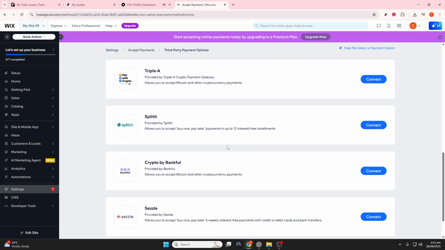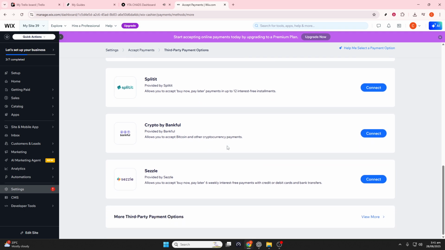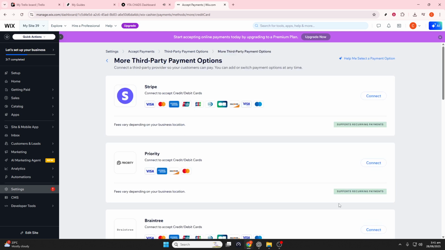Once your Stripe account is all set and verified, it's automatically linked to your Wix site, completing the setup. You'll know everything is working when you see the Stripe connected status in your Wix payment settings. Now you're all set to start accepting payments. Don't forget to publish your Wix site if you haven't already. Once live, your customers will be able to pay using various methods through Stripe, including credit cards, debit cards,